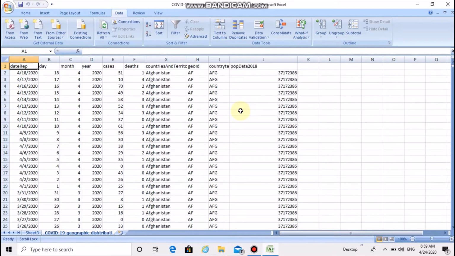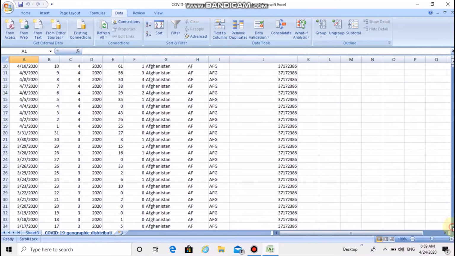Before that, one important thing you have to remember in subtotal. Whenever you are applying subtotal, for example, if you want subtotal country wise, first you should sort the data. You should sort the data as per country wise. If your data is not sorted, for example, Afghanistan is coming here. I have already sorted the data. If it is not in one place, if it is haphazardly coming, in pivot table it will take, but in subtotal it will not take.